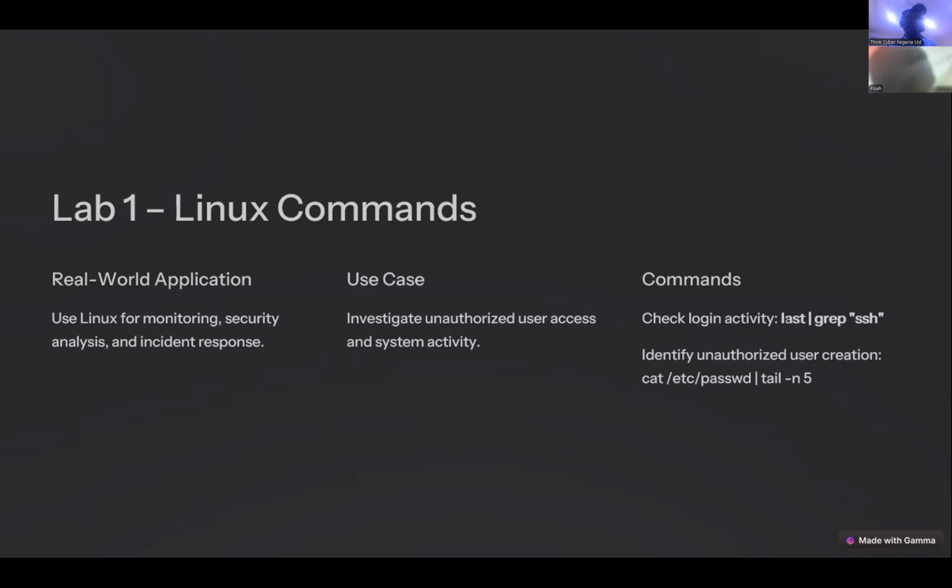How do you display the system's host name? This is the 4th question. You type hostname in the terminal. Then the last question is, how can you terminate a running process?